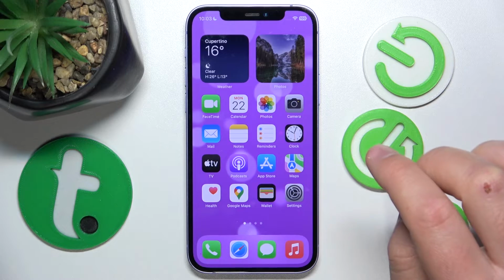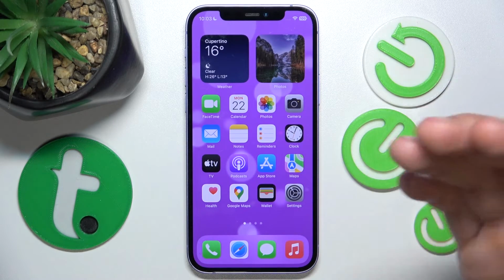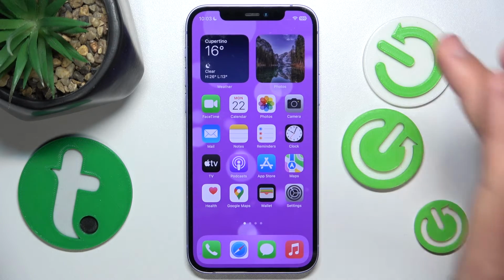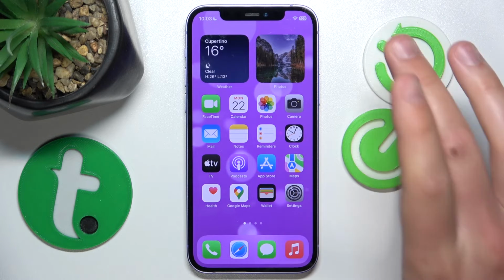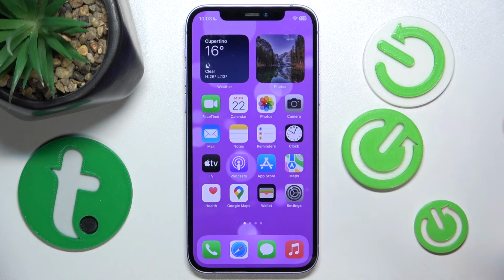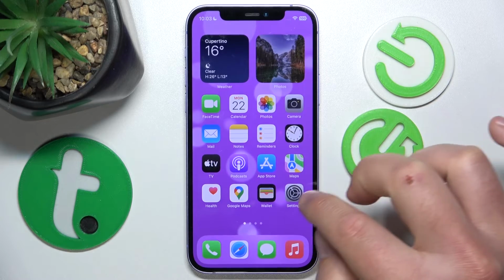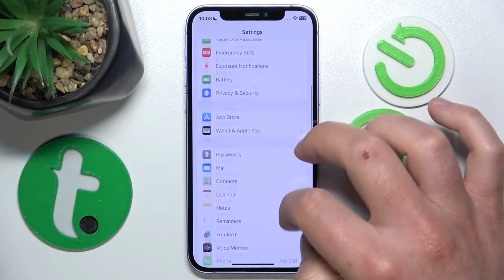So now, after creating your own personal voice, you can export the file and send it to someone, or just save it to your hard drive or iCloud, to make sure that in the future, or to give it to someone else who wants to use your own personal voice for Live Speech, you can do it on the iPhone. So what you want to do is open Settings, swipe down a little bit and tap on